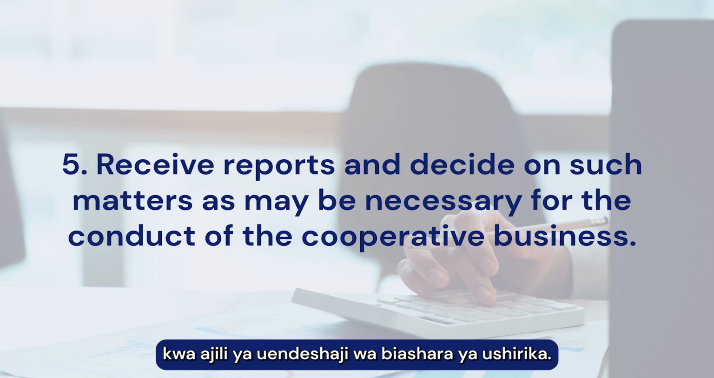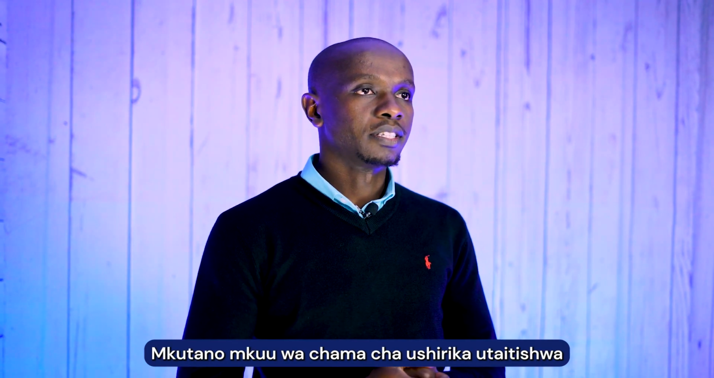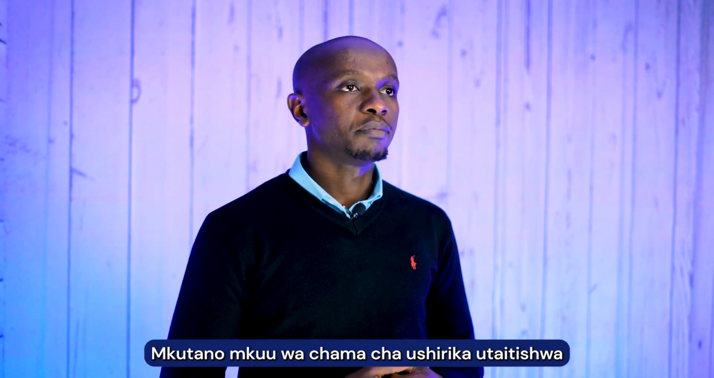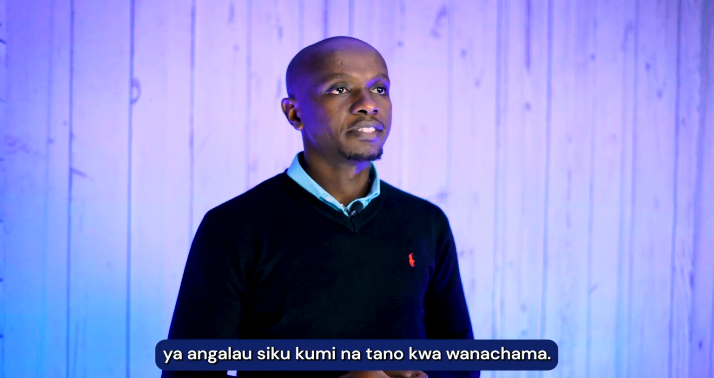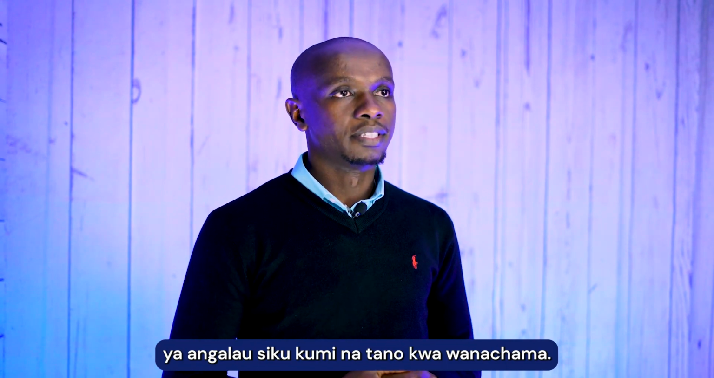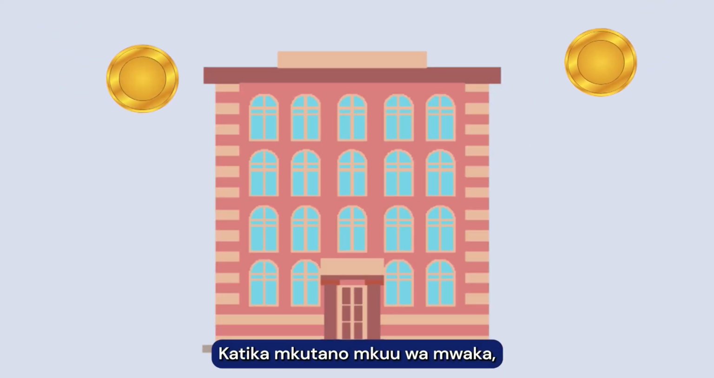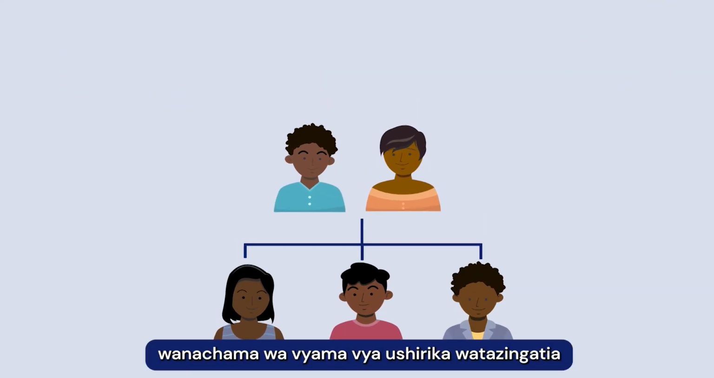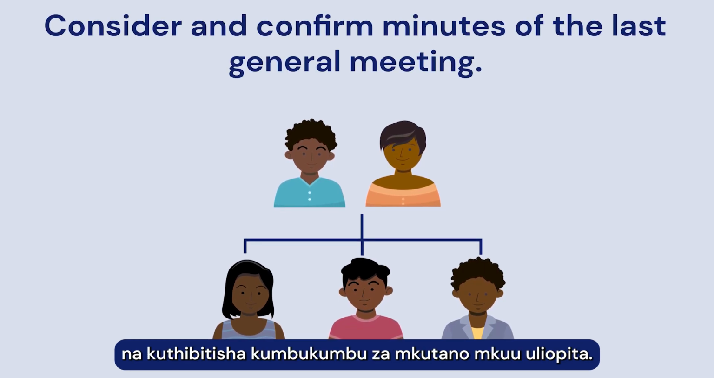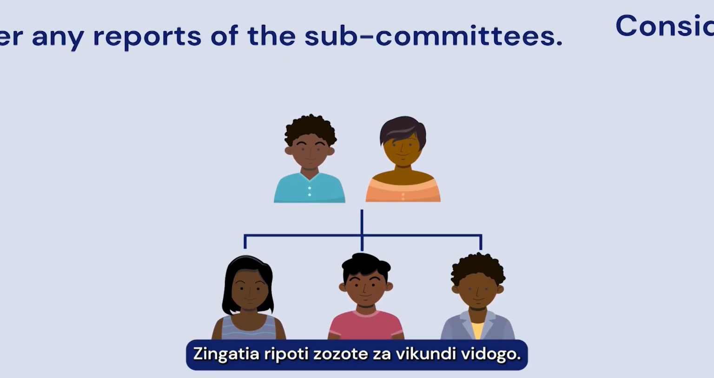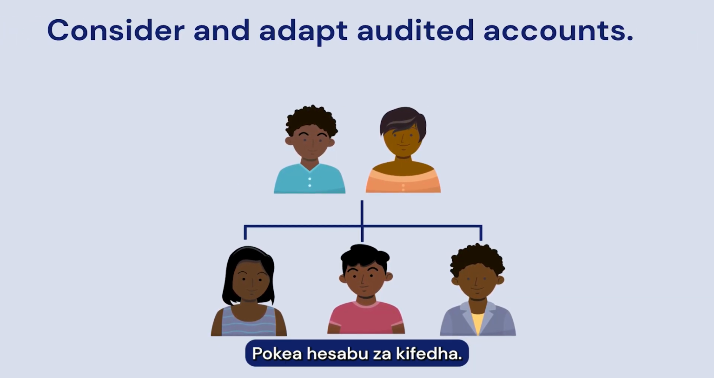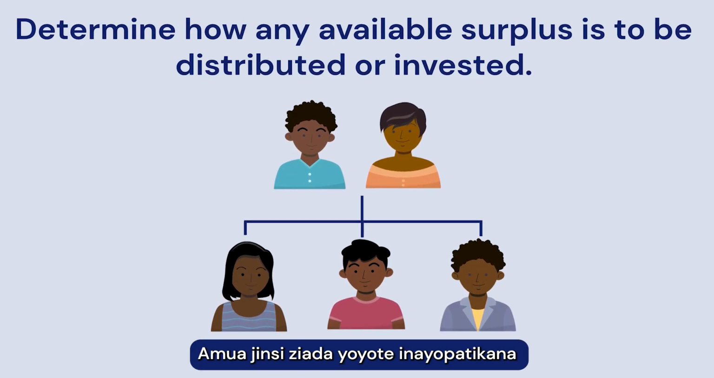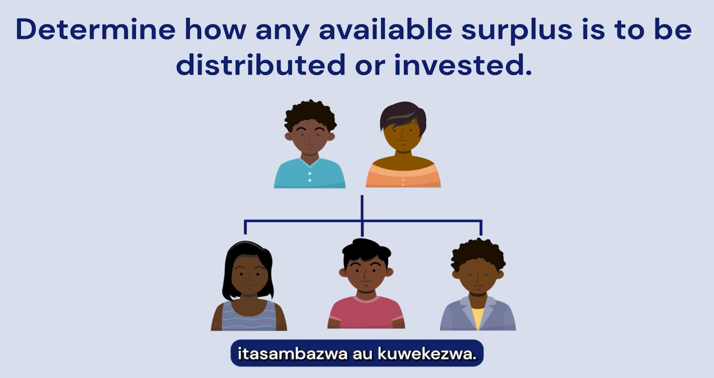of the cooperative business. A general meeting of a cooperative shall be convened by giving at least 15 days written notice to members. At the annual general meeting, the cooperative members shall consider and confirm minutes of the last general meeting, consider any reports of the subcommittees, consider and adopt audited accounts,